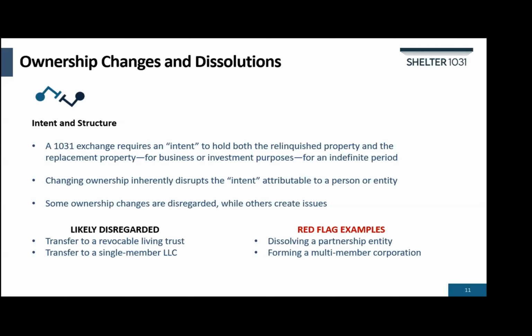Please keep in mind, though, that indefinitely does not mean forever. Rather, it means that you acquired the property without a demonstrated intent to transfer or sell it in the near future. Indeed, the IRS may allow a taxpayer to sell a 1031 replacement property soon after buying it, provided the sale was not contemplated at the time of purchase.